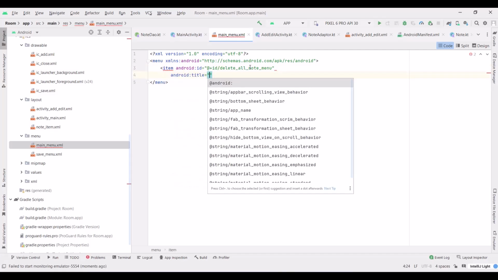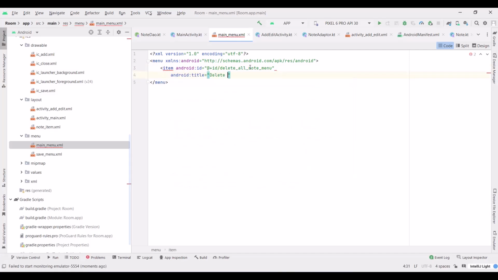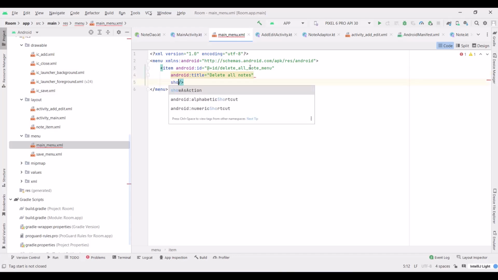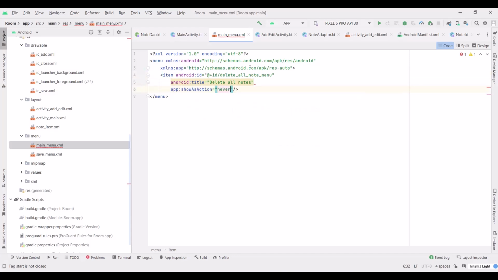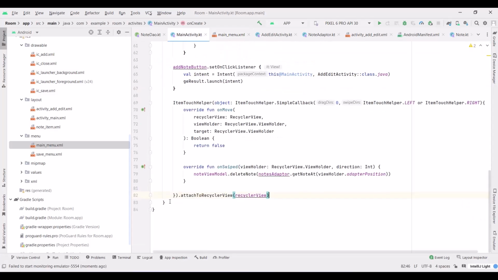Title: Delete all nodes, and showAsAction never. So let's go to design. So we have it here. Now let's go inside MainActivity, and inside here I will type onCreateOptionsMenu,